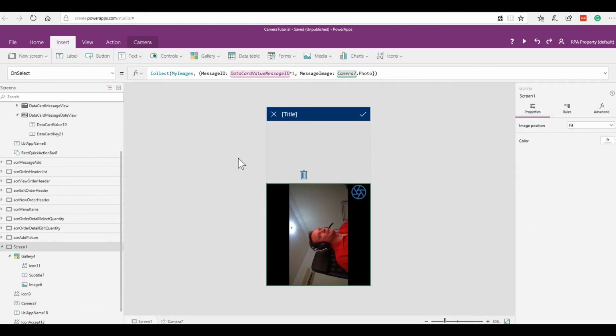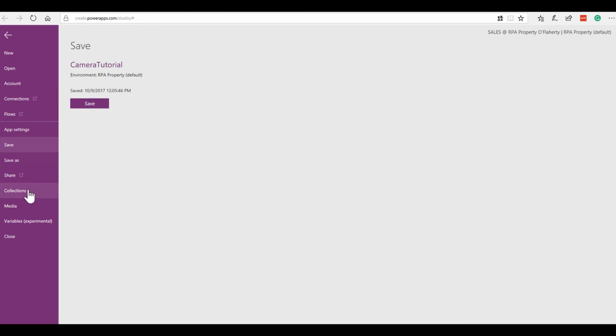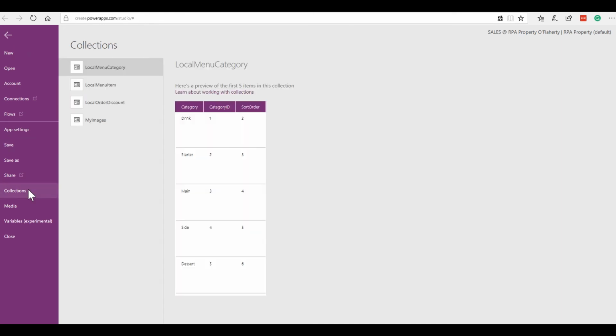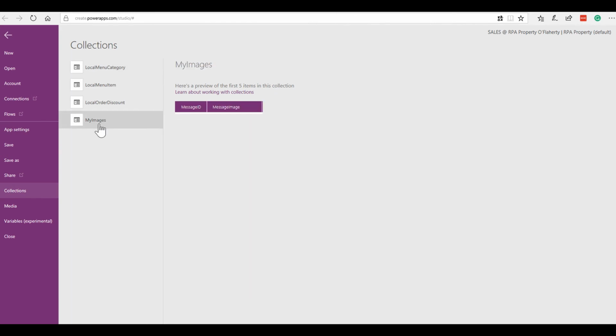So there we are. It's wiped out the photos that I already had in there. I think it's wiped out everything in the collection, because effectively I've redefined that My Images collection by changing the data type. So it's flushed out all of the data that was there. We'll have to take some new photos, but hopefully now when we take the pictures, that message ID is going to come in